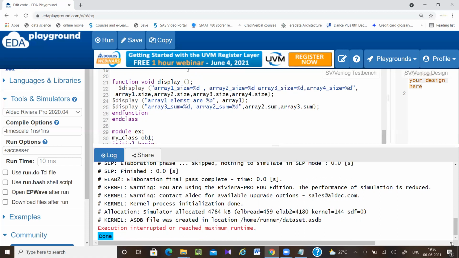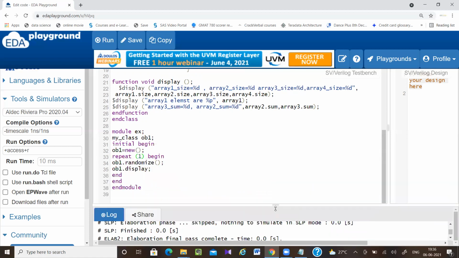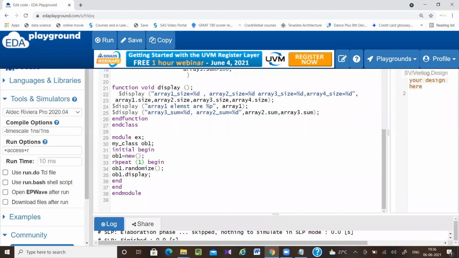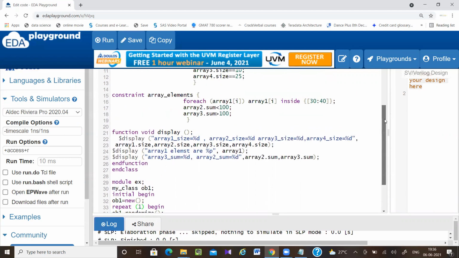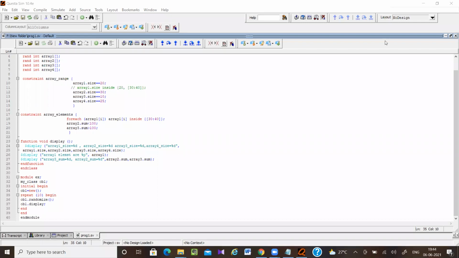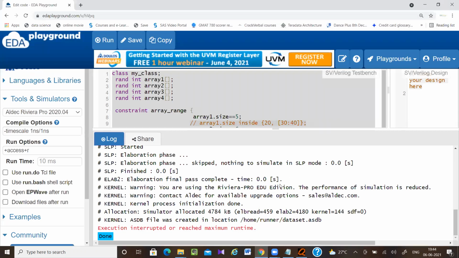There is some error. Let me check why this error is happening. I don't know why, there is some issue; it is not running properly.